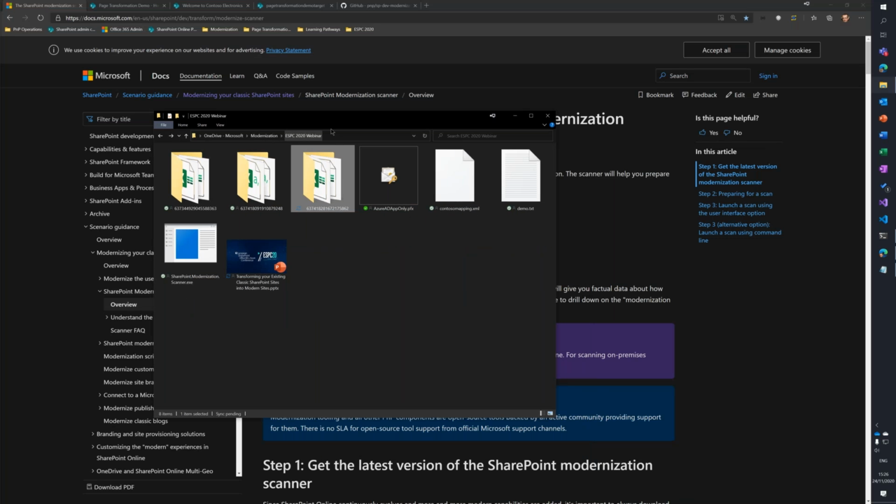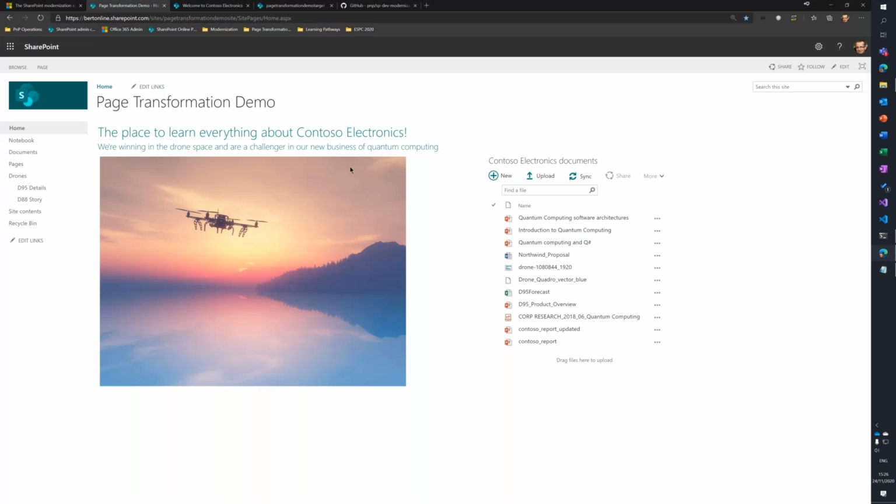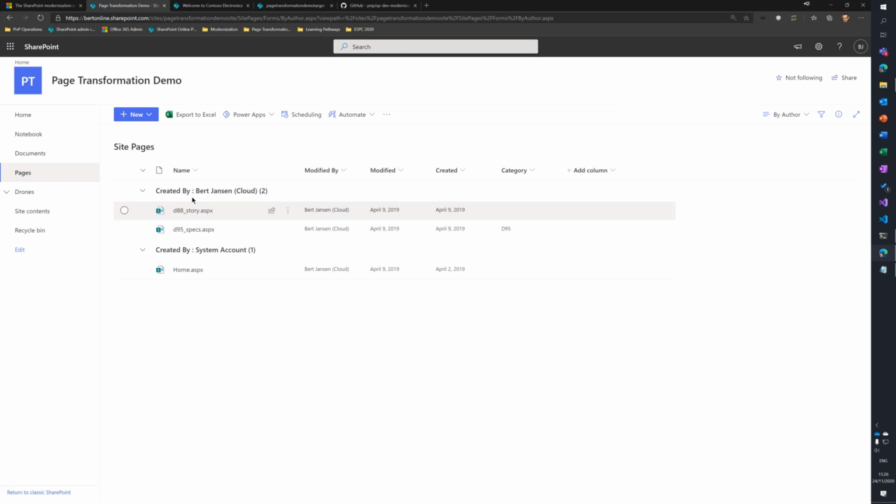And then let's move to page transformation. For page transformation, I have two demos. The first demo will be what we call an in-place upgrade of a page. So if you have a classic site with wiki pages or web part pages, you can in place create a modern page equivalent. If you go to the page library over here, you see that I have two pages,